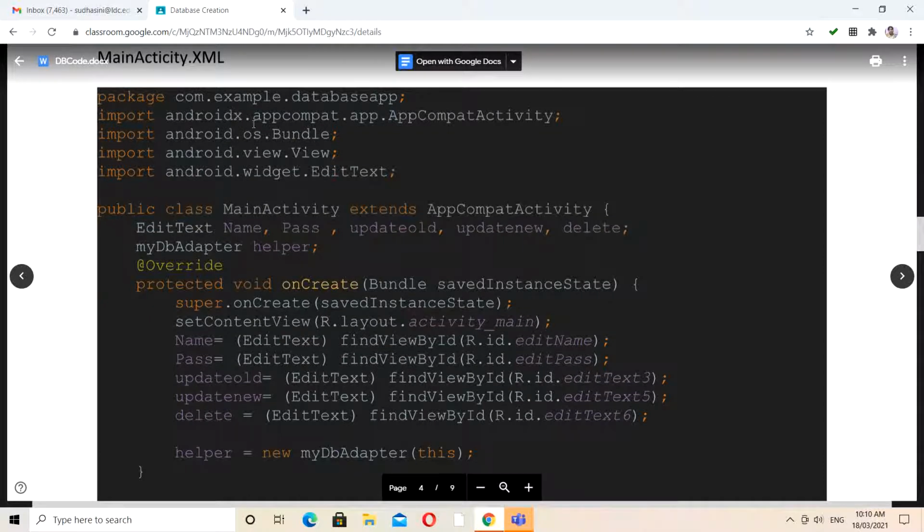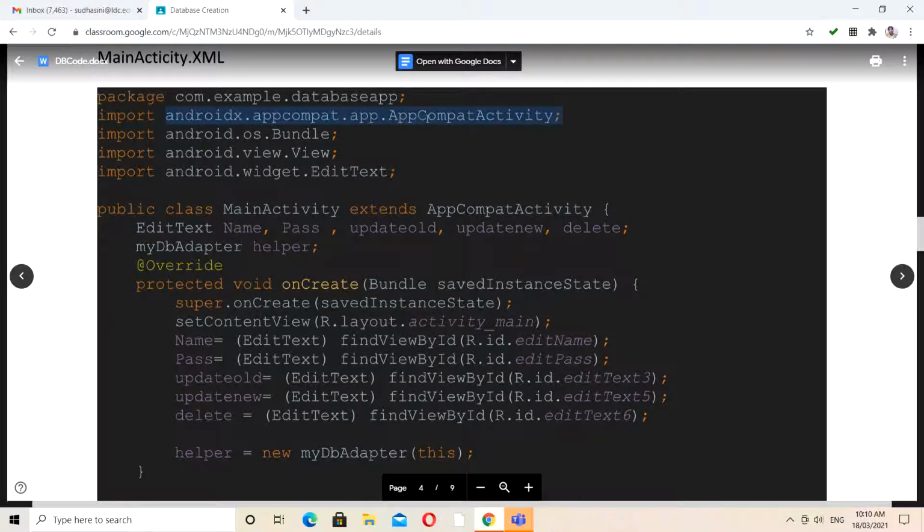Within your main activity we have the database app and AppCompatActivity. You already know that there are some basic packages. These basic packages incorporate different kinds of methods; using this AppCompatActivity, various activities, information, classes and methods can be inherited.